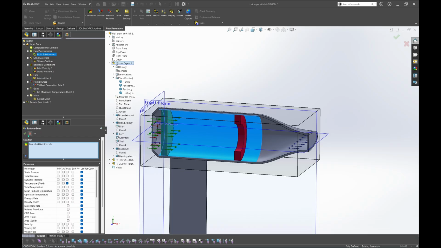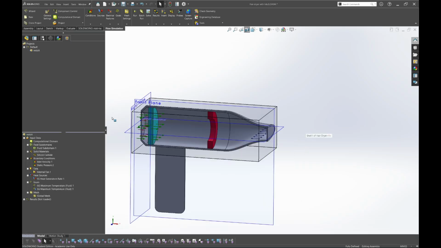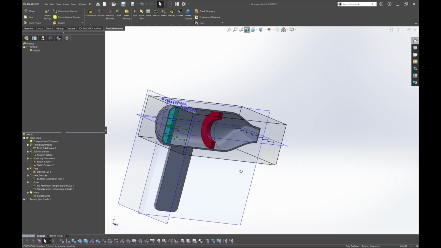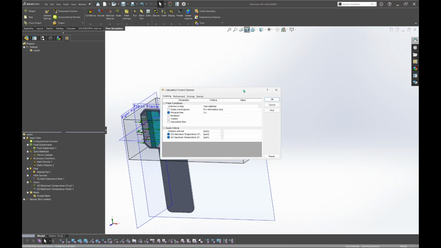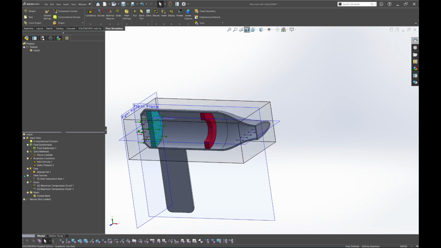Okay, like that. And last, we go to input data, right click on there, and click calculation control options, and click the saving. For the transient explorer, we check periodic. Okay, so we can select okay.